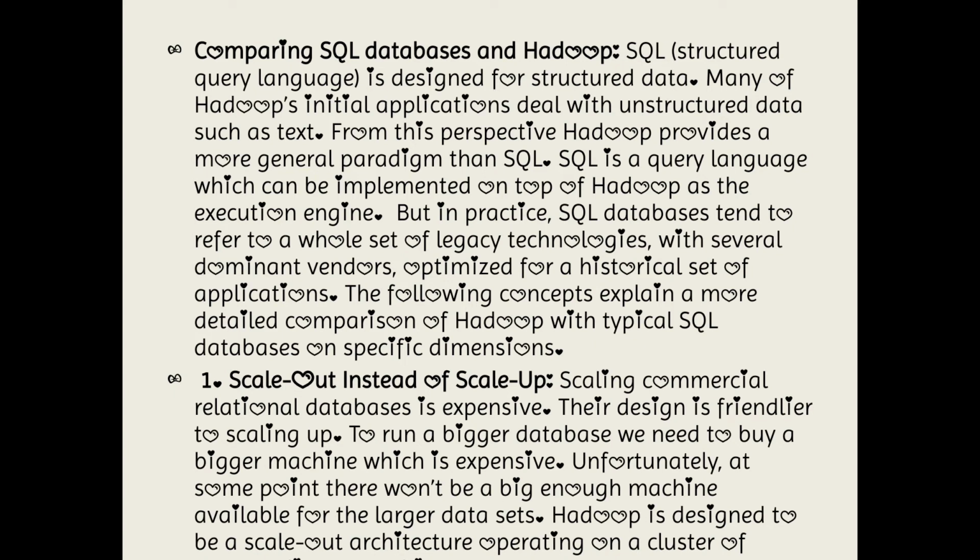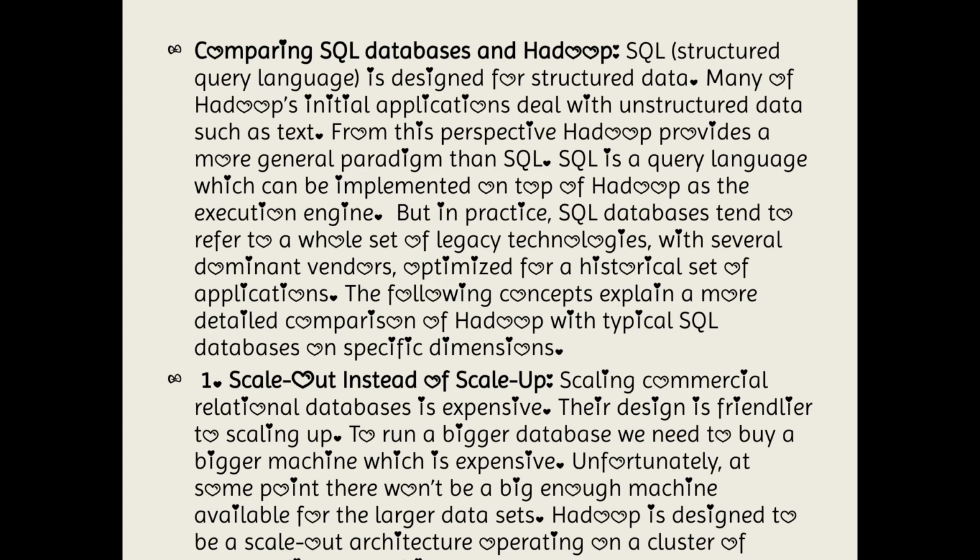So that means Hadoop is a scale out architecture and SQL databases are scale up architecture, because SQL needs only small space, as it will contain only structured data. Whereas for Hadoop, a large amount of data means it requires more memory size to store that data. So this is the point: Hadoop is designed for scale out architecture, whereas for SQL it is scale up.